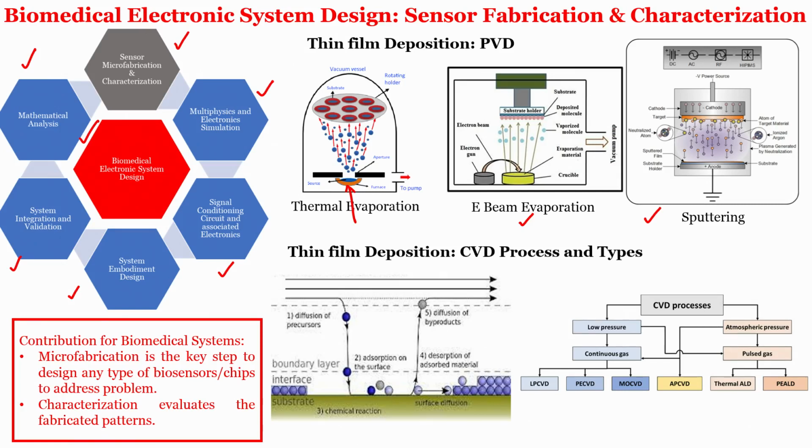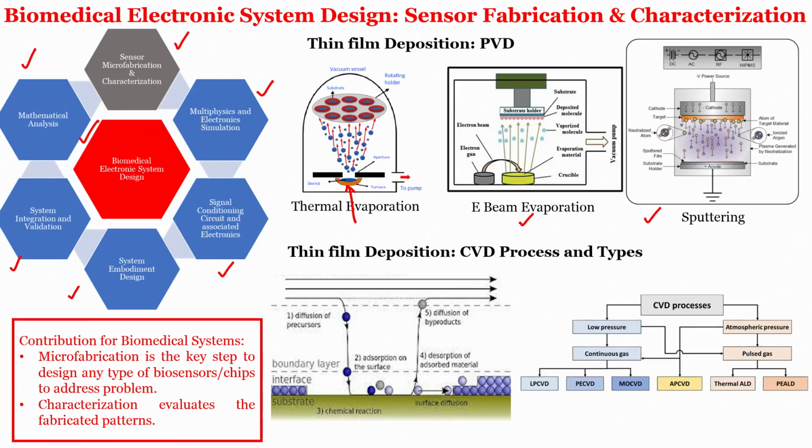Then we have seen another part of the thin film deposition which is called chemical vapor deposition, and in chemical vapor deposition you have seen several different kinds. Some of the things are discussed in this course, some of the things are not. If it is not discussed in the course, please look into the several books. It is already given in the reference list. You can look in Google, you can look at the previous courses in NPTEL which talk on sensor fabrication, which talk on clinical perspectives, which talk on op amps, right, and you will see that in some thin film deposition courses there will be talking about LPCVD, PECVD, MOCVD, APCVD, thermal ALD and PEALD.